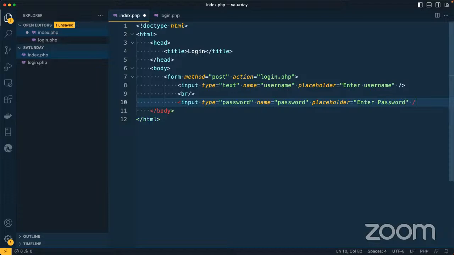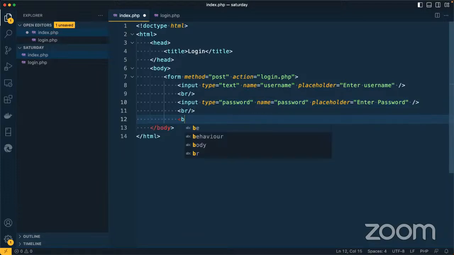So then we can add the button, the submit button, type submit, then you can put here "login to continue". Okay, so we remember